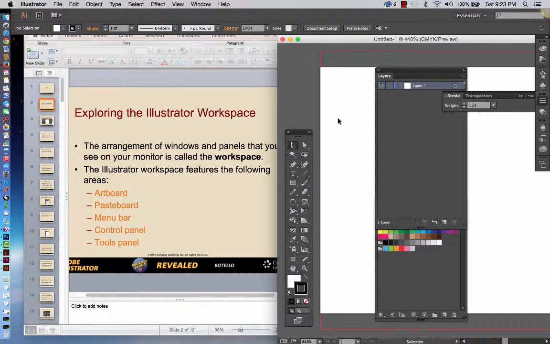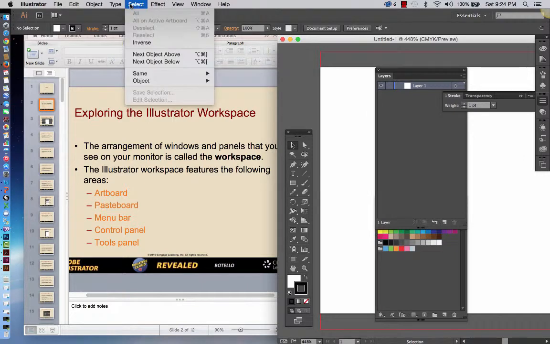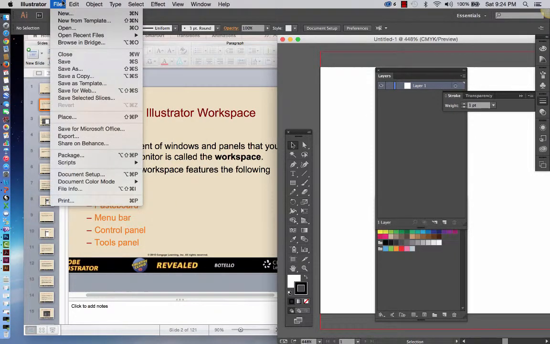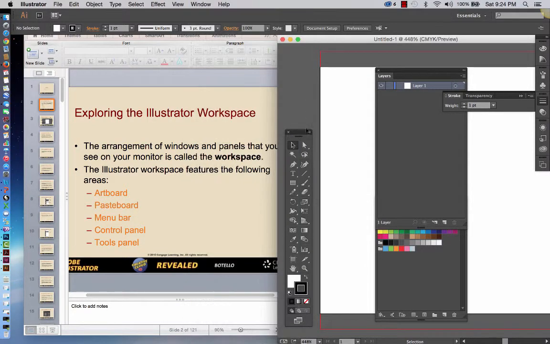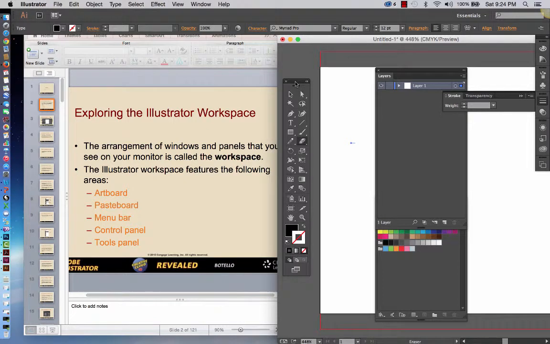So again, this white area is the artboard. This outside area is the pasteboard, the gray area. The menu bar is up at the very top. That's where you find a lot of drop-down options available under each one. The control panel is right underneath it, and that changes based on what tool you have. If you have the type tool, for example, those options on this bar are going to change as compared to if you should have the eraser option, for example. All right, and then the tools panel,